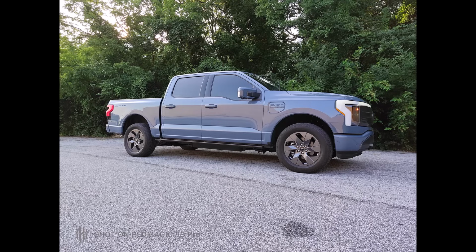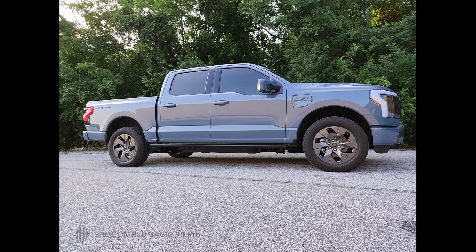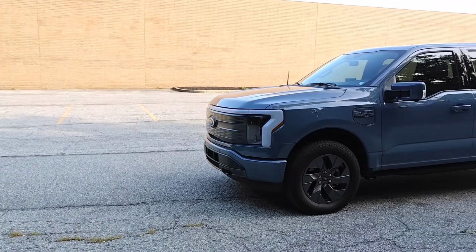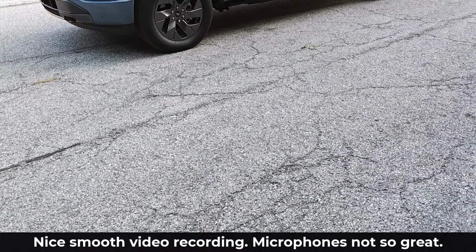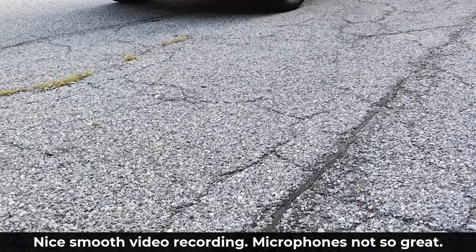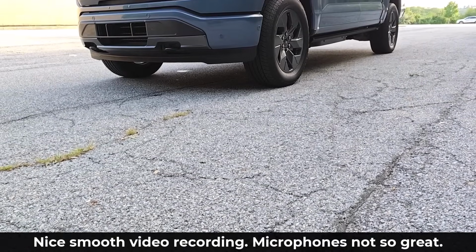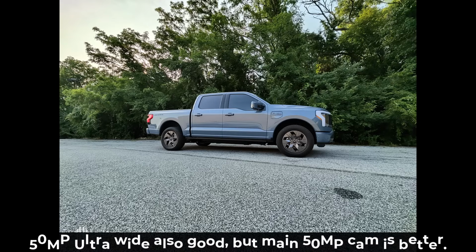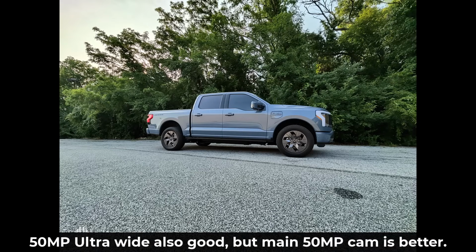Now, the main 50 megapixel camera actually does a great job. This is a very usable camera, both for photos and video. I'm going to show you guys some video samples right over here. You can see it is going to be quite smooth at 1080p, 60 frames per second. And also the 50 megapixel ultra wide camera is also very usable,